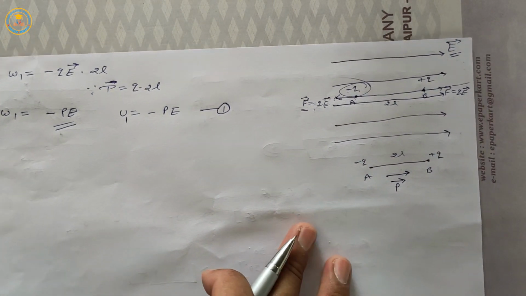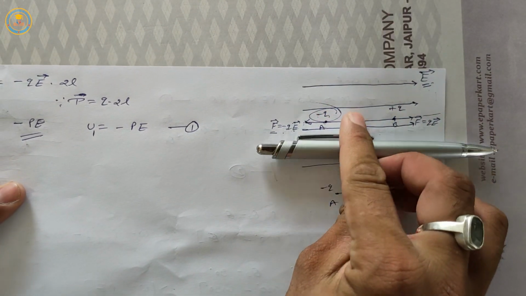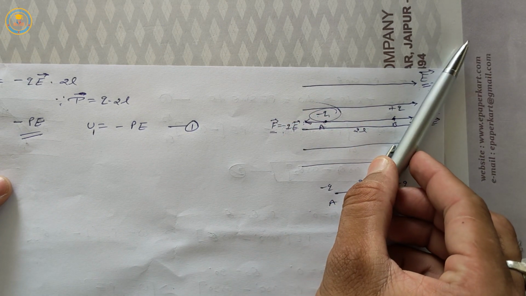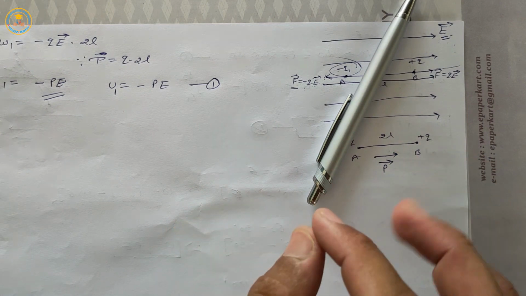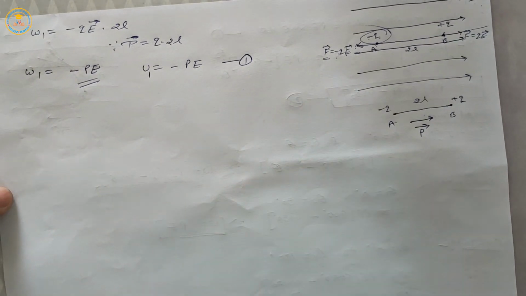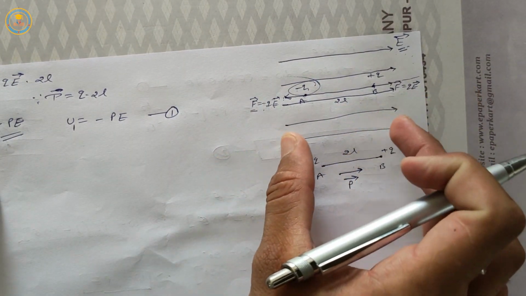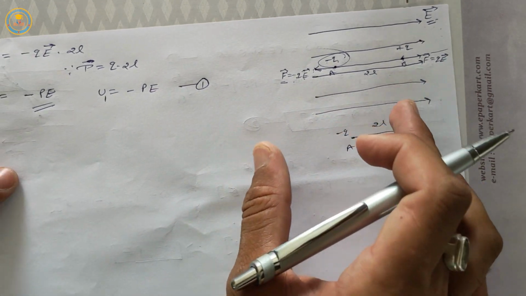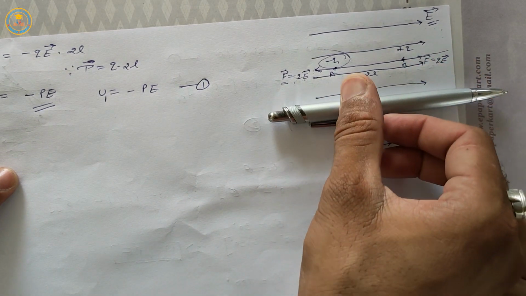Now we bring the electric dipole to theta angle. Firstly we brought this electric dipole like this, but now we bring this electric dipole like this. It means theta angle. Theta is the angle between electric dipole moment and electric field. Now this potential energy is equal to the work done in rotating by angle theta from the parallel position,